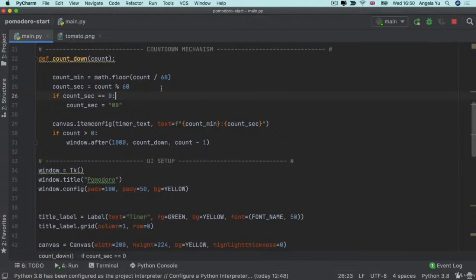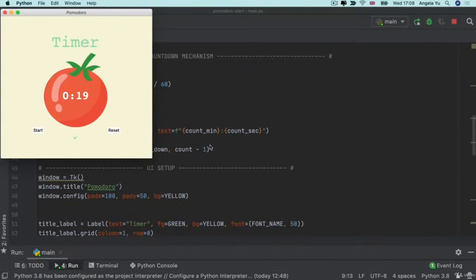That is basically what we're using here. We're using dynamic typing to change the data type of countSec from an integer to a string. And then we use that string to display inside this canvas text. Now, there is, however, still a bit of a bug with this, and you'll see it once it dips below